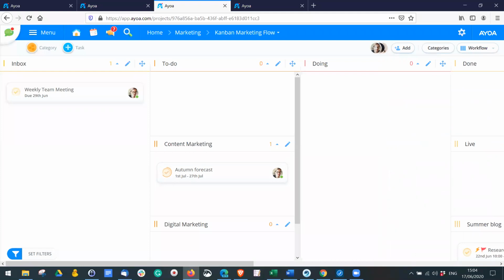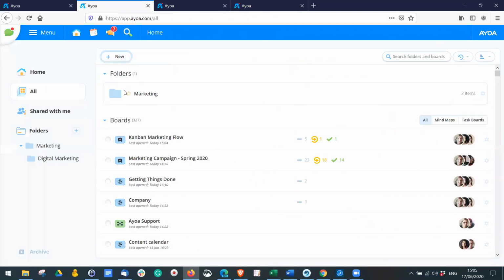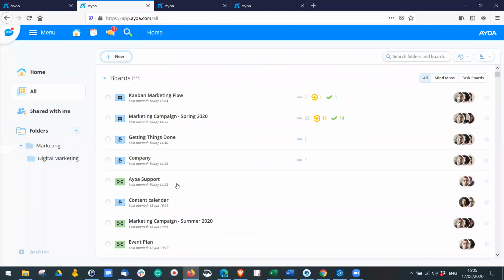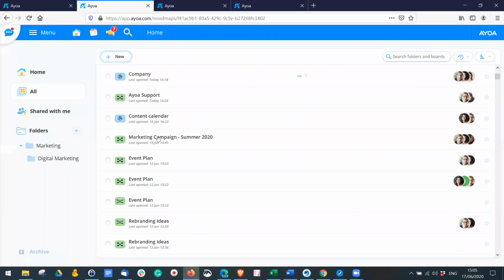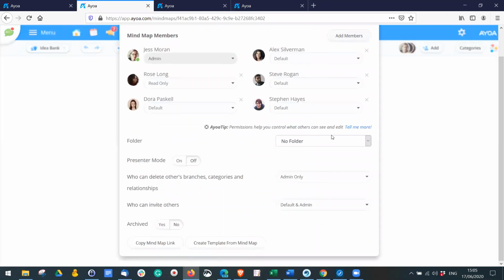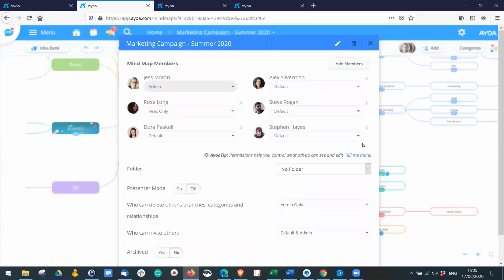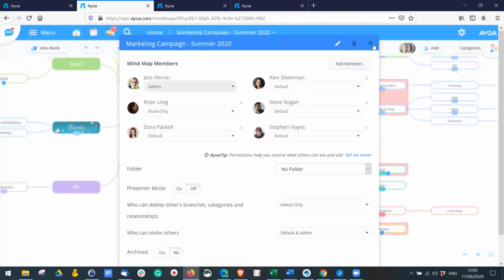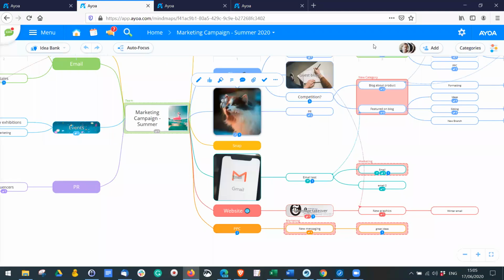Okay, so the next question is, can you link between different mind maps if they are in different folders? Okay, so I'm just going to find an example mind map here. So you can add mind maps to your folders, but if you want to